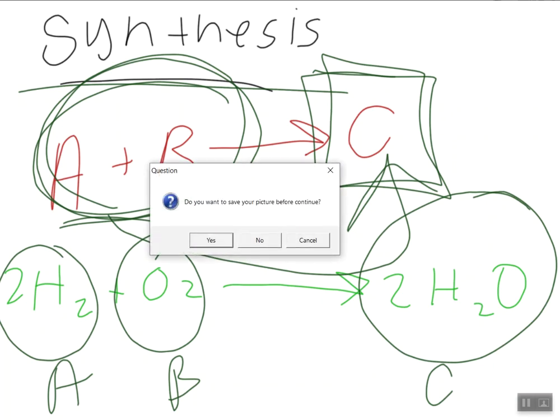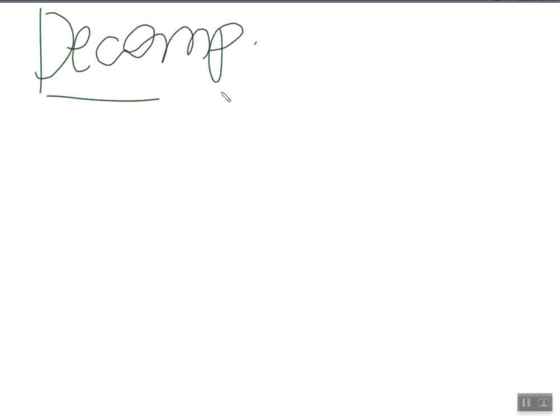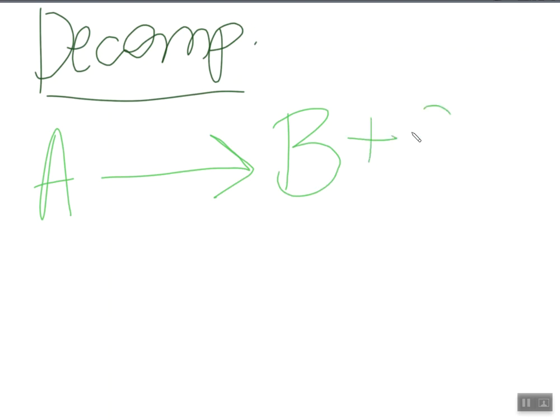Now the next reaction type we're going to talk about is decomposition. I'm just going to put decomp. Decomposition is the opposite of synthesis. It is when one thing decomposes into 2 things. So A is decomposed into B plus C. An example of this would be,